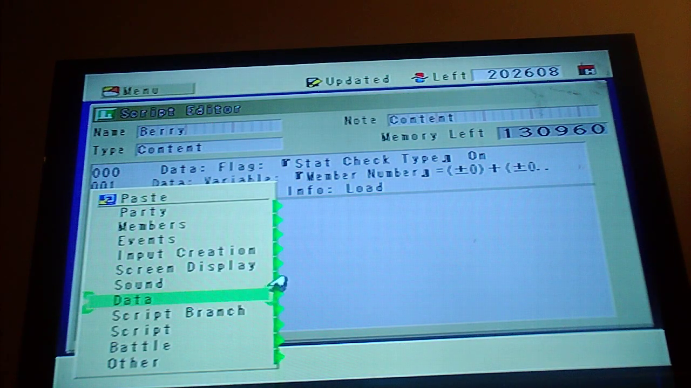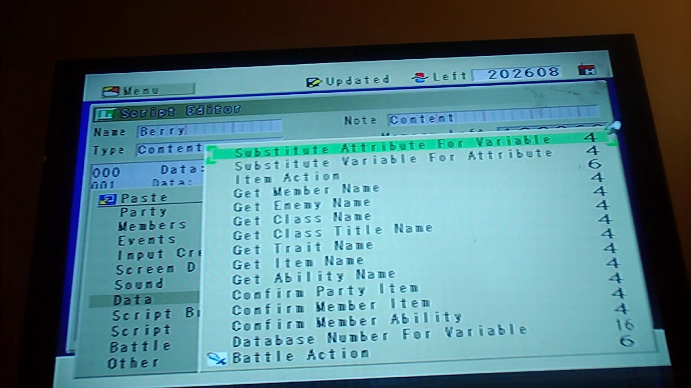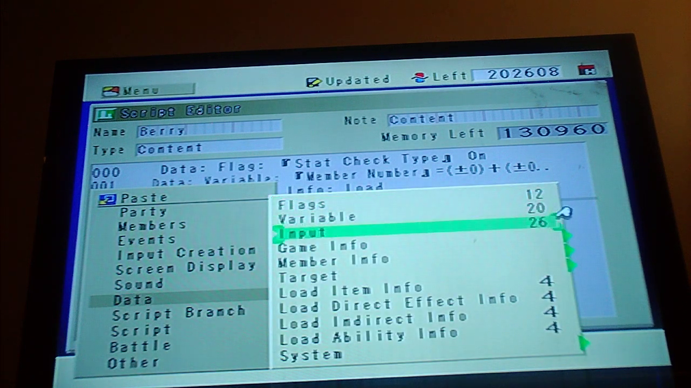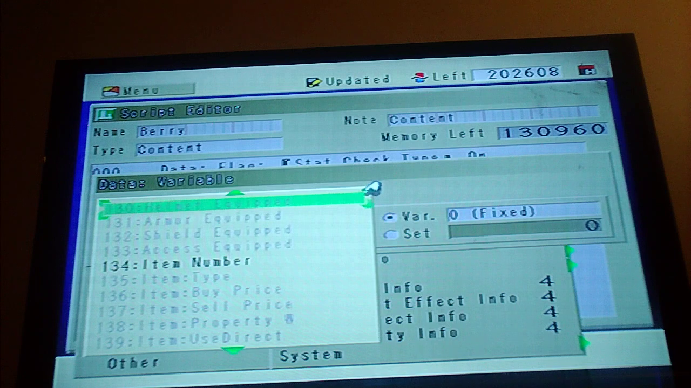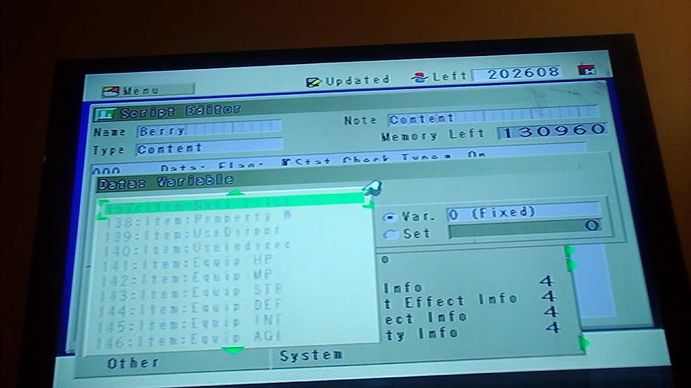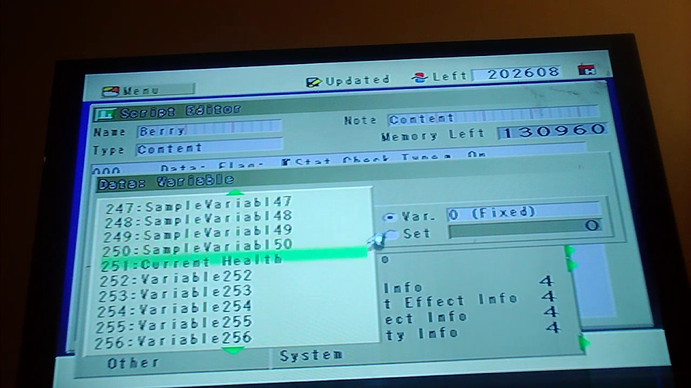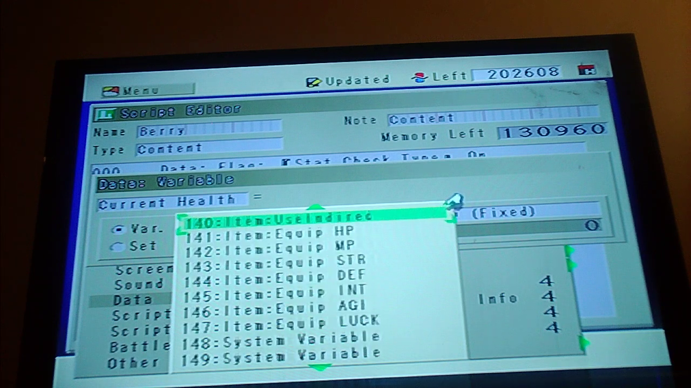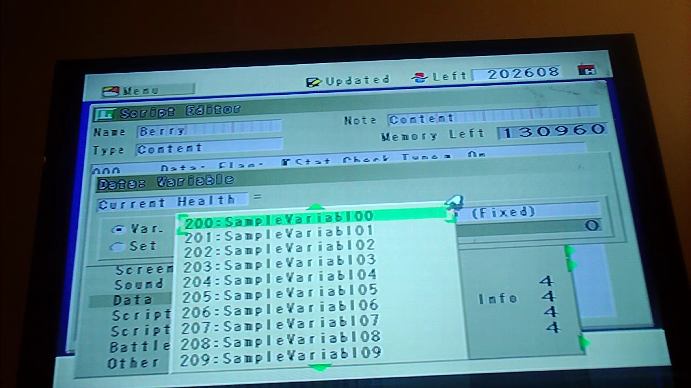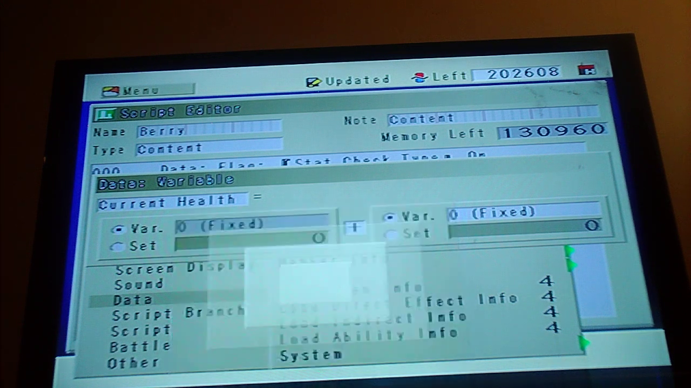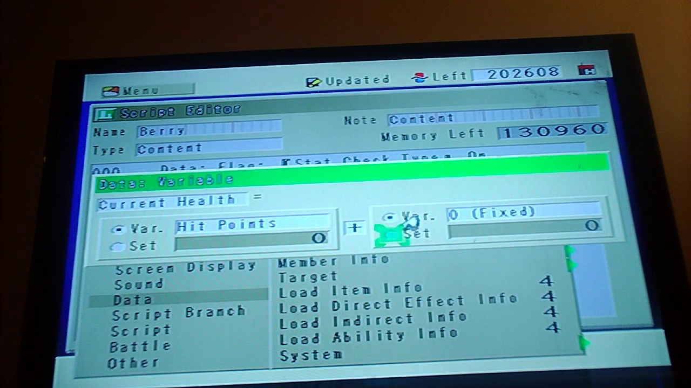And then next, the data system command to substitute that stat for a variable, the actual input of the stat. Data variable number 97 hit points. No, I need to change that. Variable number 251 current health will be equal to hit points. That way, it will stand for your hit points and represent how many hit points you actually have, but be calculated through a separate variable. So it will be plus 0,